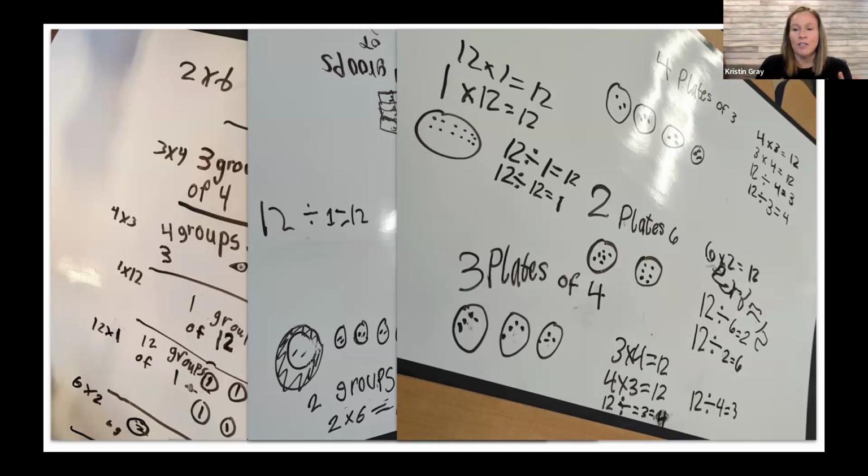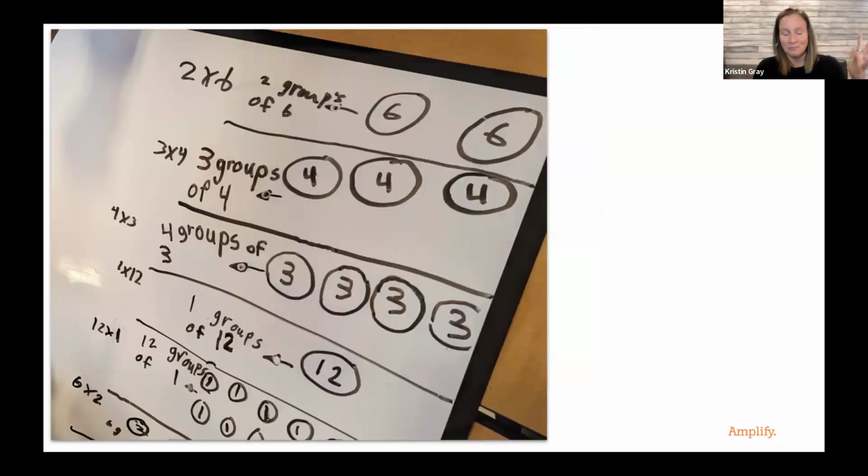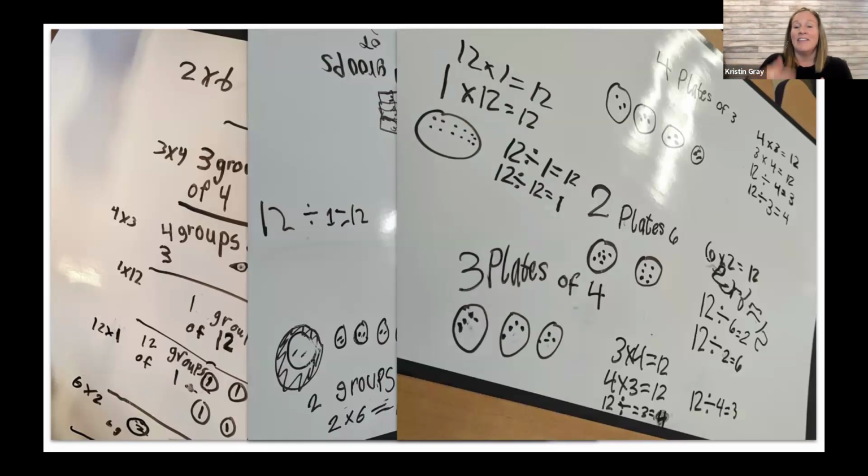And I thought that was just really unique when we think about students walking around and if they had been drawing these. So 2 times 6 to them was 2 groups of 6, 2 plates of 6 donuts. And they get over here and you'll start to see 4 times 3 equals 12, 3 times 4 equals 12. And then picking which one matched the image, I think it's so fascinating and interesting. And I just love the idea that kids can walk around and see all of these ideas